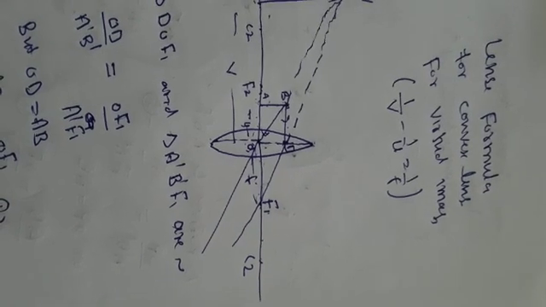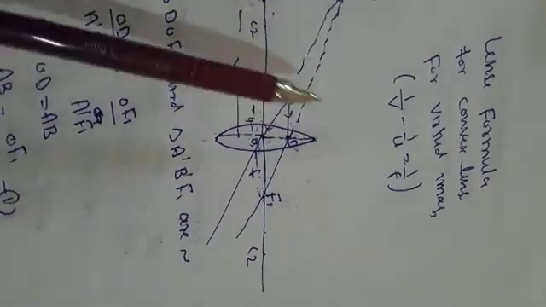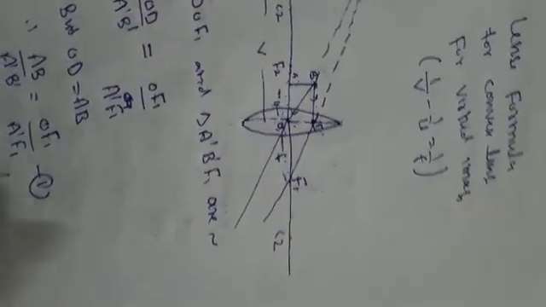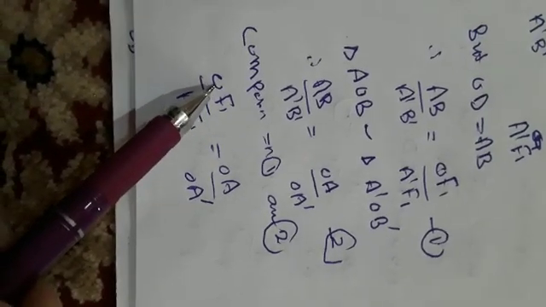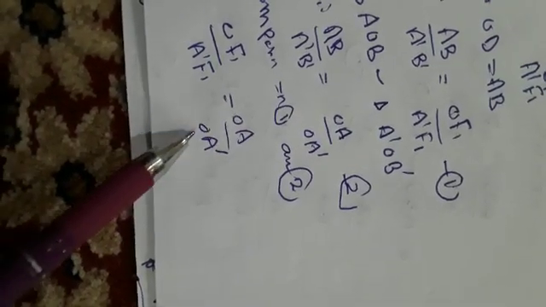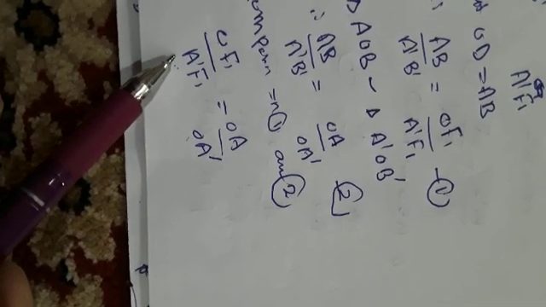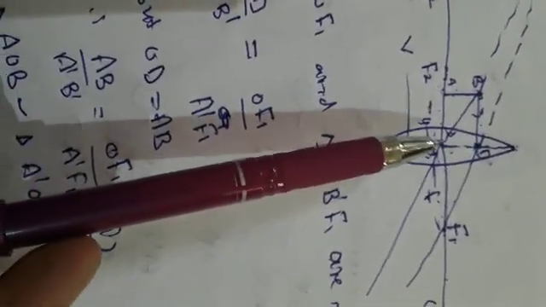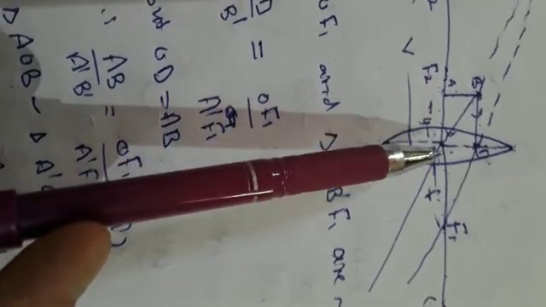Since in case of lenses all distances are measured from the optical center, we have to derive the relation between object distance, image distance, and the focal distance. Everything should come in terms of U, V and F, because I have to derive the relation between U, V and F. That means all distances are measured from the optical center, because the new Cartesian sign convention rule is that all distances are measured from the optical center of the lens. Therefore,